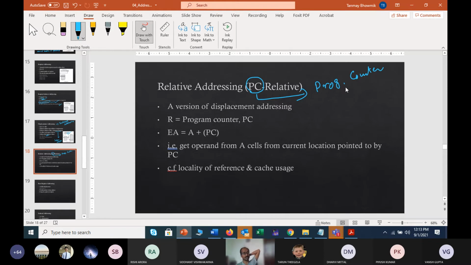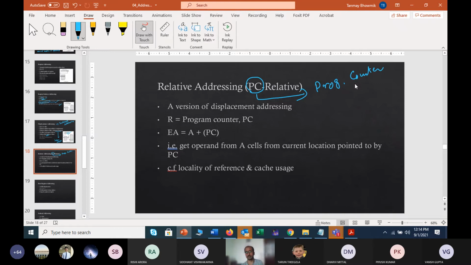But what is this program counter actually? The program counter stores the information of the sequence, that is, which instruction will be executed next. That means once you start, the first instruction's address will be stored in the program counter. Thus, you can go directly to that location and start execution of the instruction. Once the first instruction is executed, the program counter updates itself automatically,